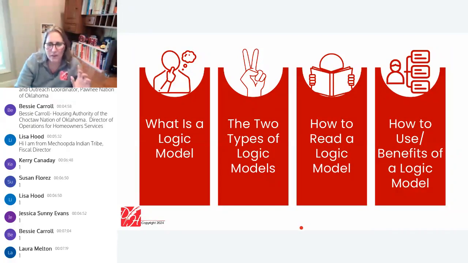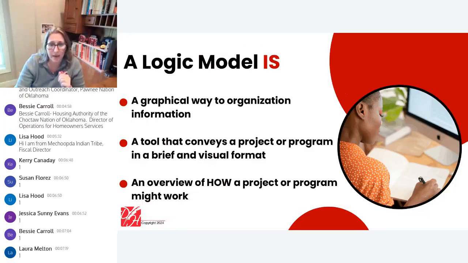So we're going to start by talking about what a logic model is. We're going to think about the 2 different types. I'm going to show you the flow of logic models and talk about how we can use them in our applications. And then you are going to start to build your own. So as we're going through this first section, if you don't already have something to write on or a document open that you could type into, we will need that in just a few minutes because we're going to walk you through building logic models today.